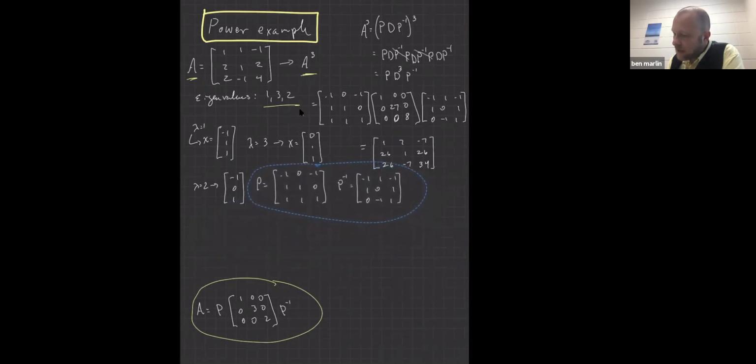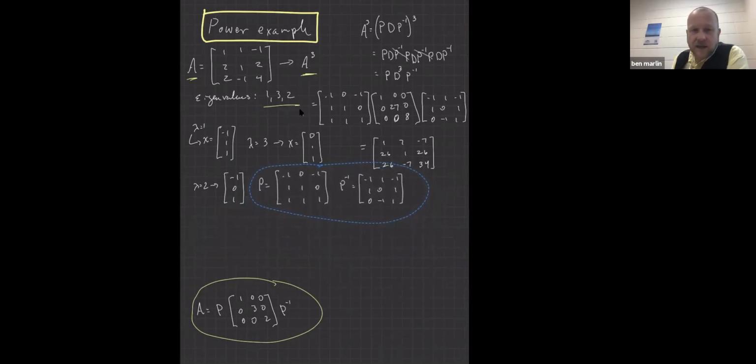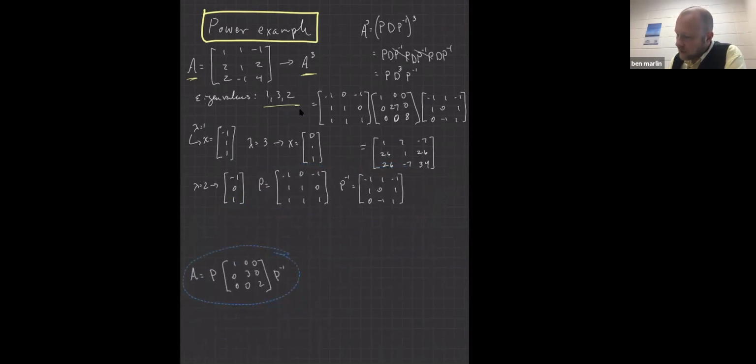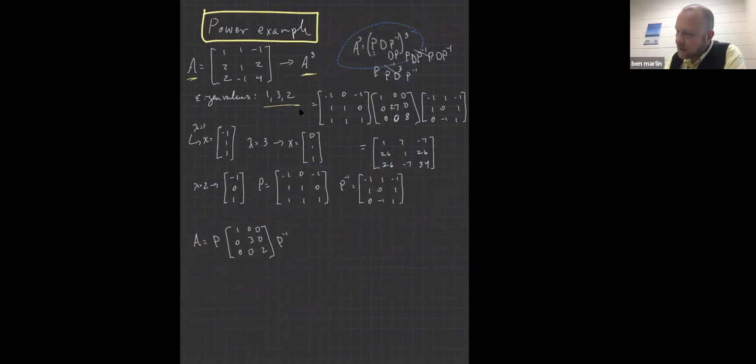If we can write A as P times the diagonal times P inverse, then when we know that, if somebody asks us to calculate A cubed, and I have to undo that because that is sloppy. Okay. If somebody asks us to calculate A cubed, then we can say that that's going to be P D P inverse cubed, which means